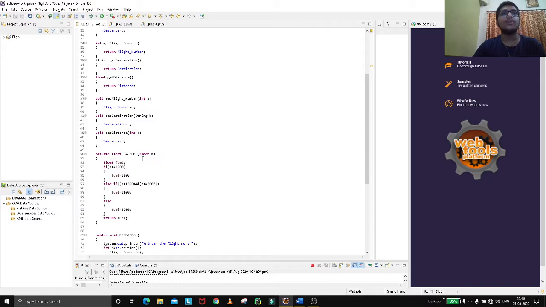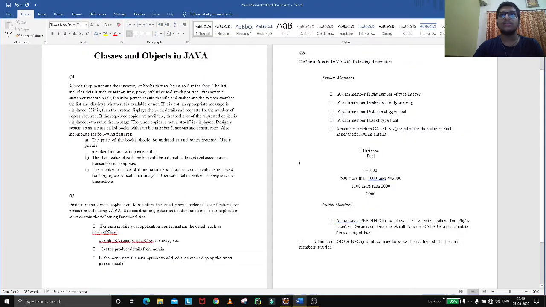Now what we have to do is give a calFuel function for the distance. In this we can see some ranges: for distance less than or equal to 1000, the fuel value will be 500; more than 1000 and less than 2000, the value will be 1100; and more than 2000, the value will be 2200.